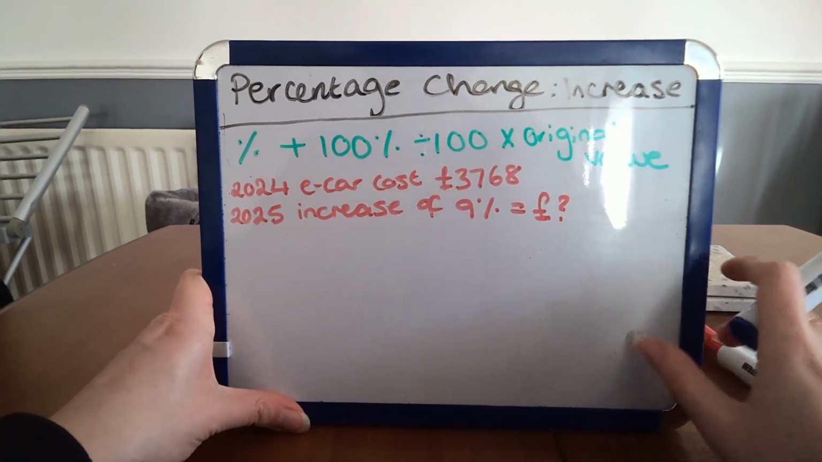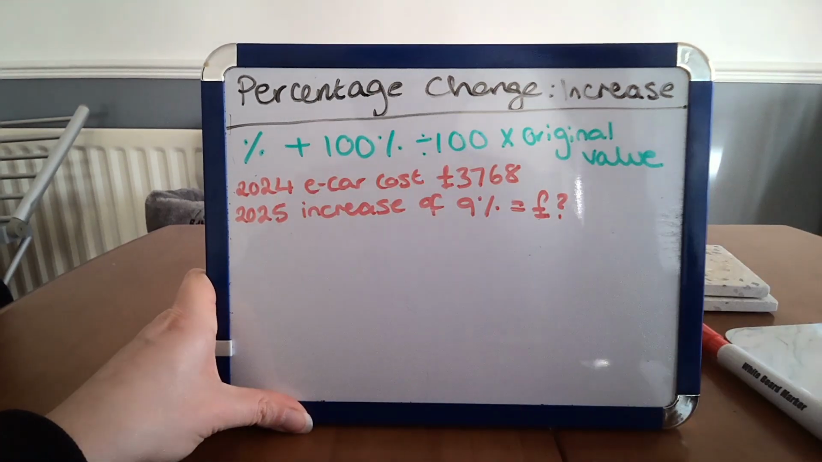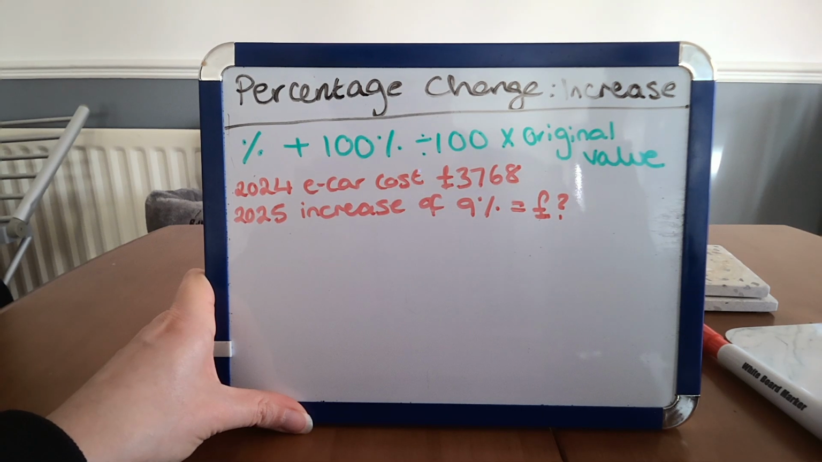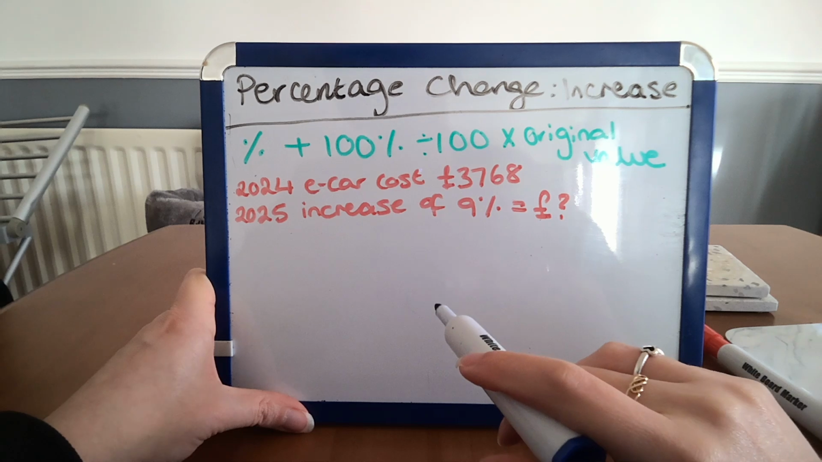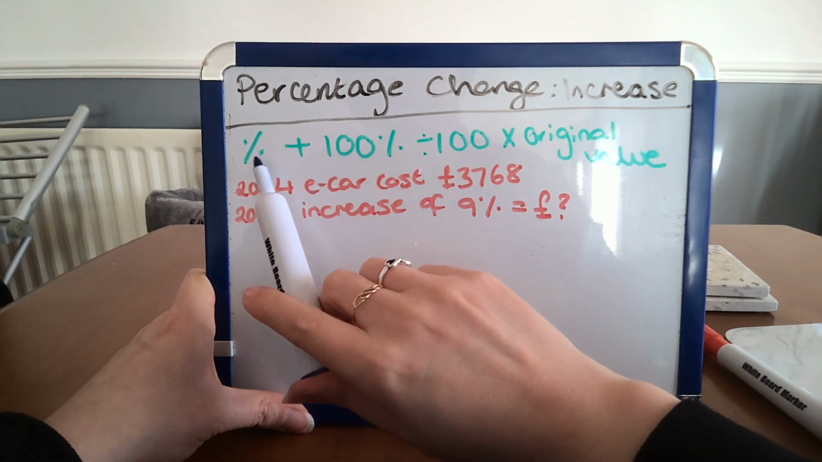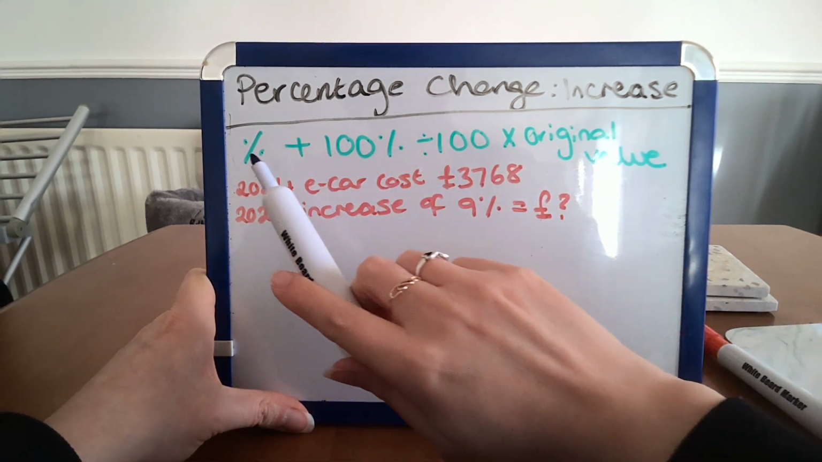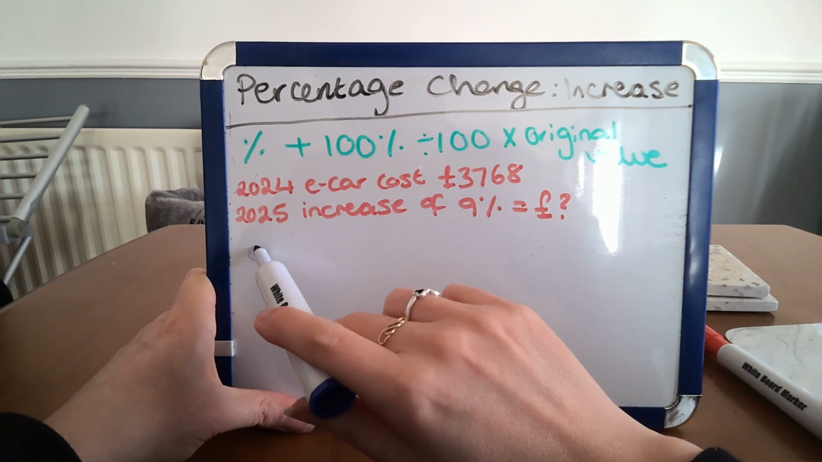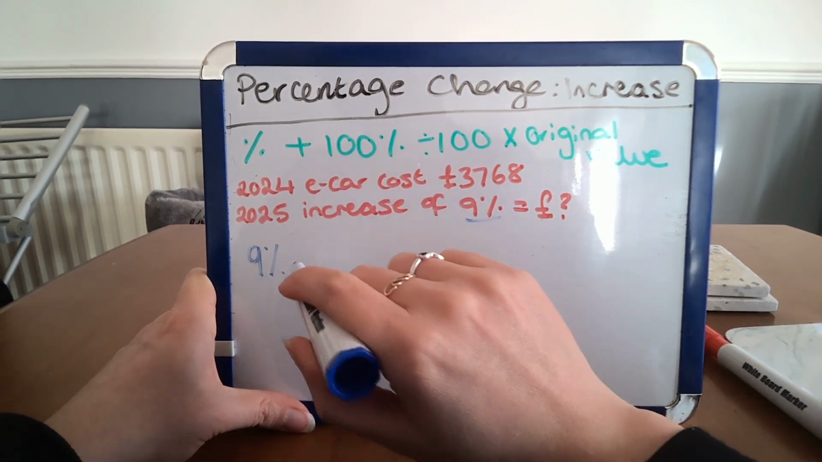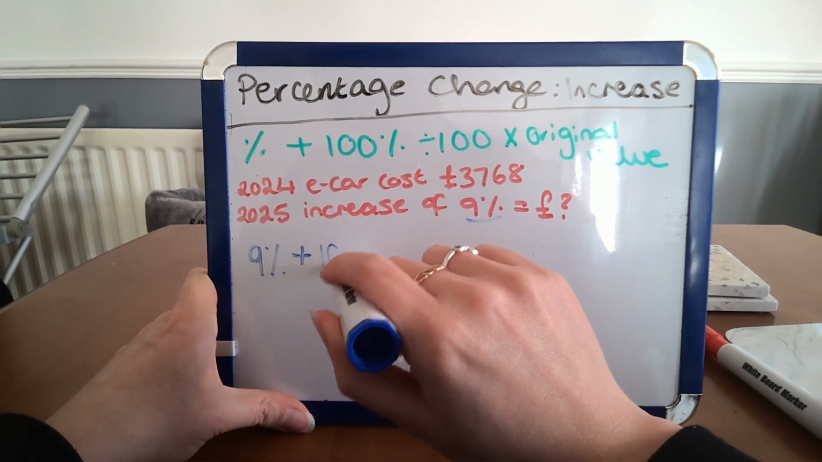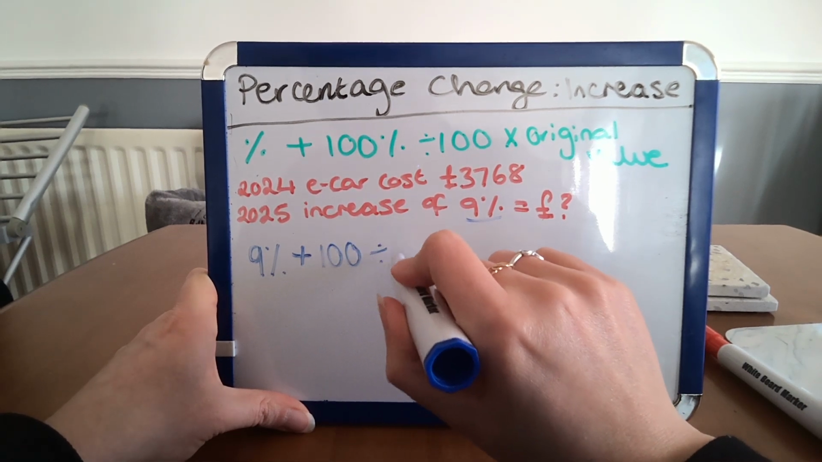This next question says in 2024 an e-car cost 3,768. Now obviously that is very low, but for this question we're going to use those numbers. And then in 2025 it has an increase of 9%. What's the new value? So we're going to use our formula again. In this case our percentage is 9%, as shown here. Because we're doing an increase, we're going to add 100, divide it by 100,